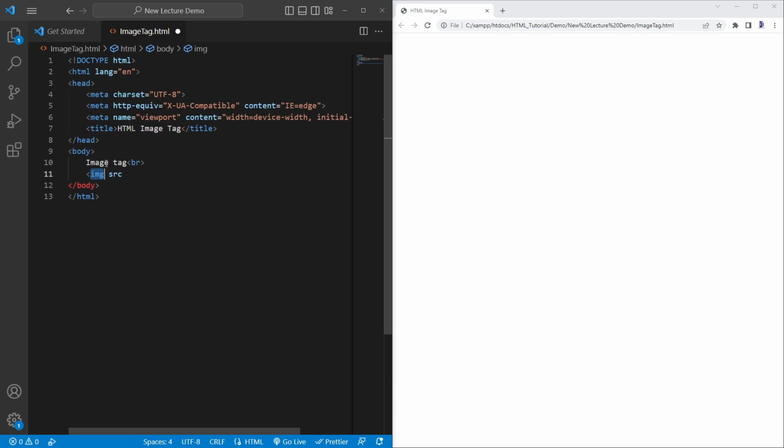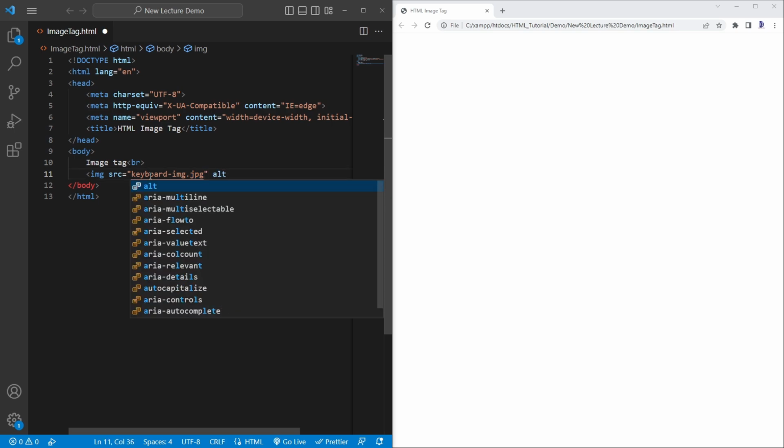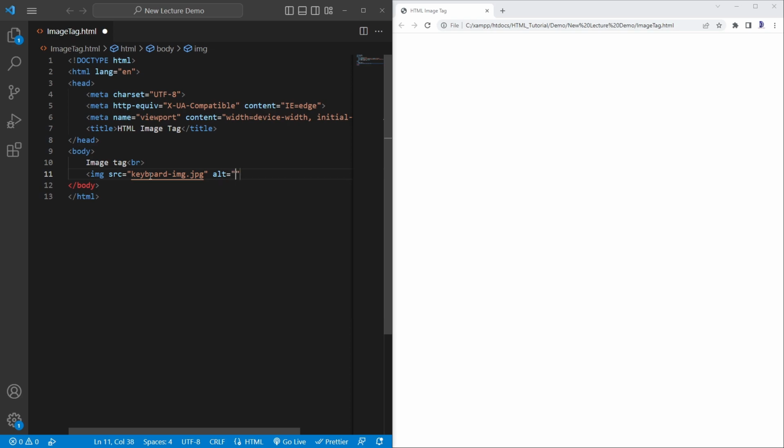This is the img tag and we need the src attribute for the location of the image, and I have the image in the same folder. You can have an image with a format of JPG, PNG, and some other supported formats. And it's a good practice to add alt. This should be a descriptive text for whatever image you are adding. If I do this and save